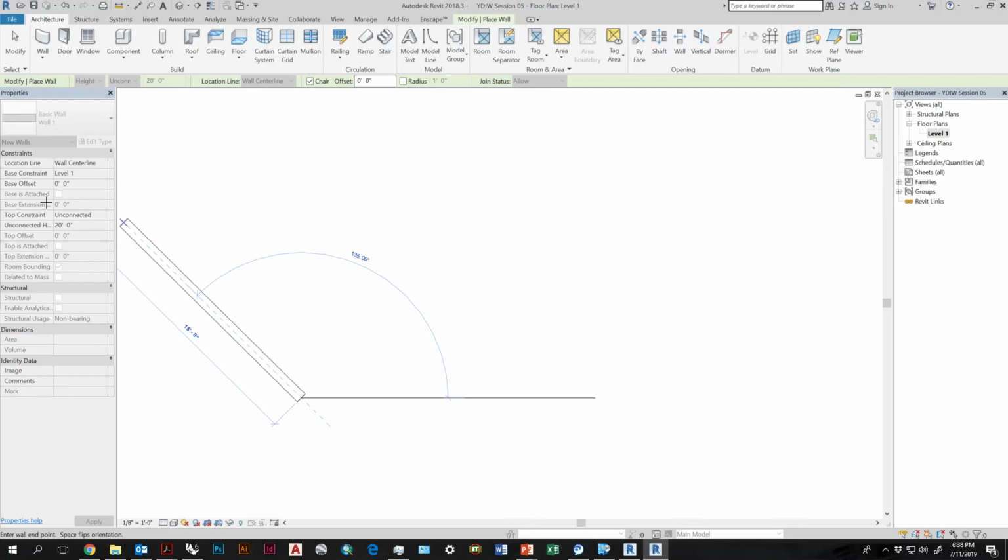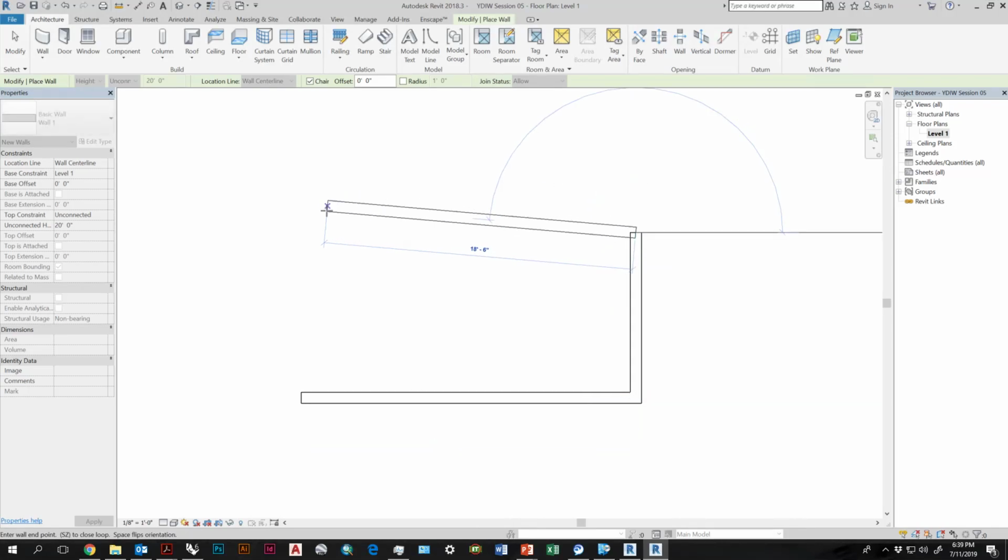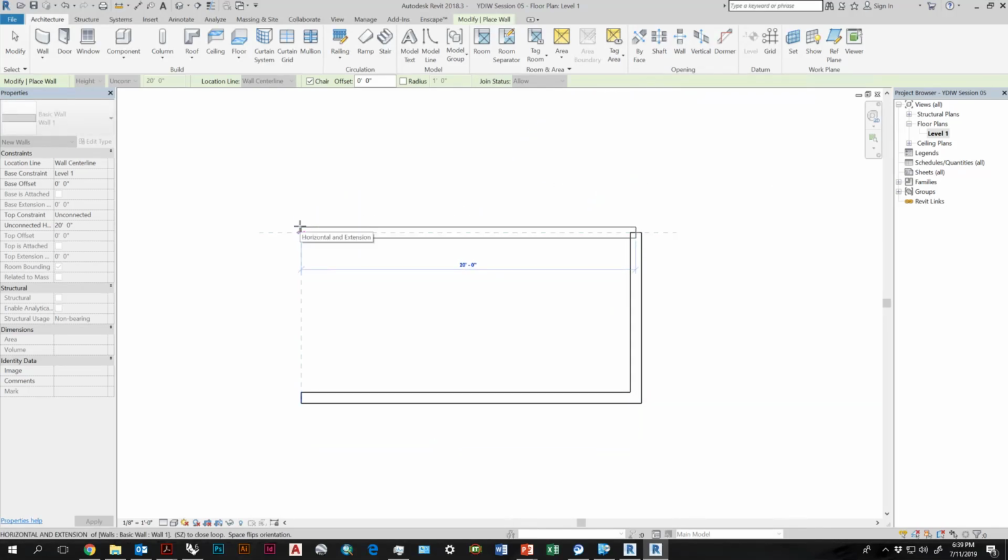You'll see that there are a bunch of settings that pertain to this wall. You can see the properties panel changed. So I'm going to make this wall 20. You can type in or click. And you can also continue with the wall. So I'll go all the way around. I'll do 10. And then I can either use the guide to snap to 20. Okay, so I've got my wall drawn.